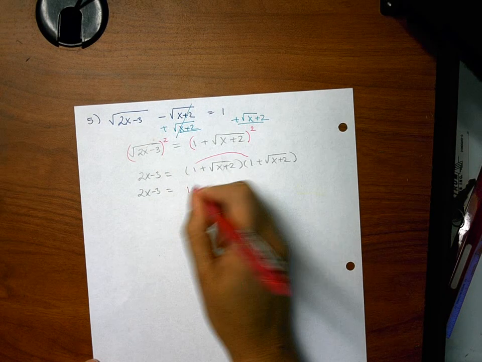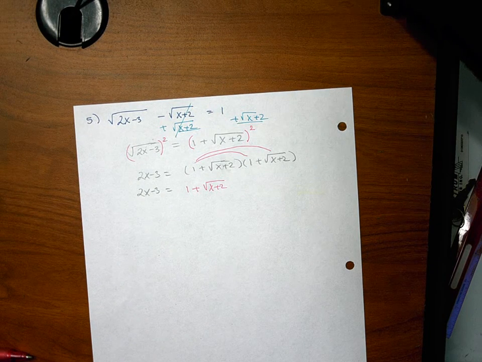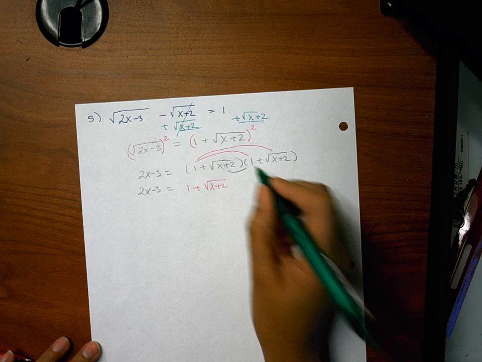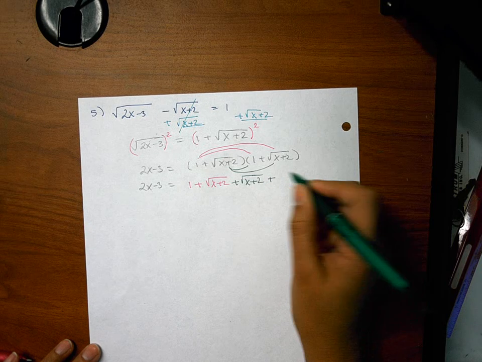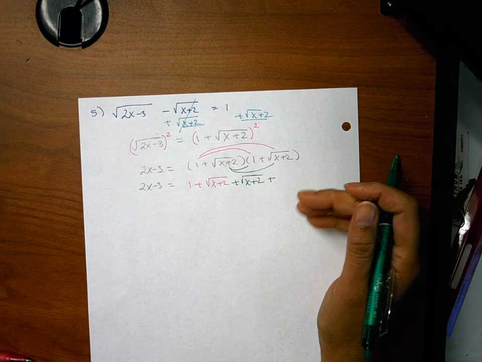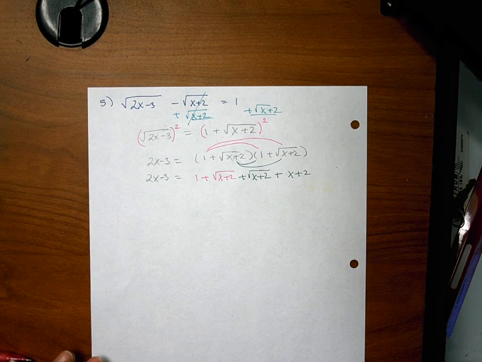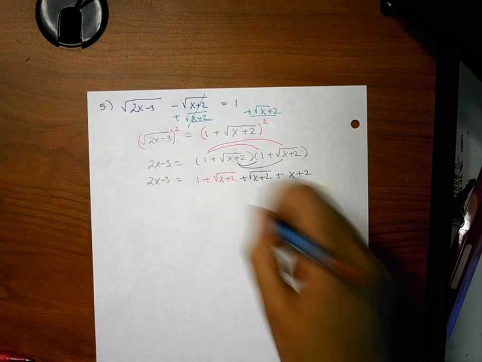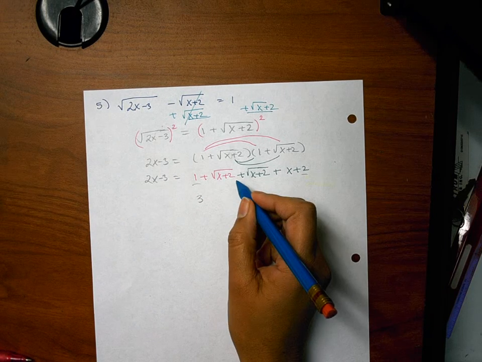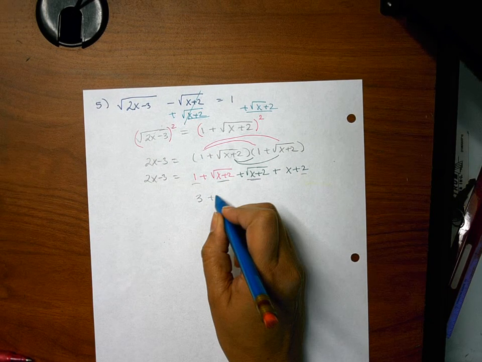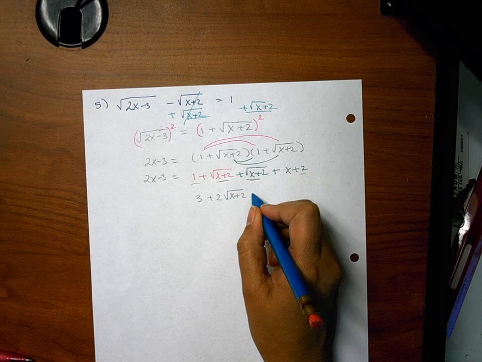1 times 1 is 1. 1 times that long square root is square root of x plus 2. And then now let's distribute the square root of x plus 2 times 1 is plus the square root of x plus 2. And the square root of x plus 2 times the square root of x plus 2, they undo the radicals because they're exactly the same base. So plus x plus 2. All right. I have like terms on this side. Let's see, I have a 1 and a 2. That gives me a 3. These guys right here are going to combine to 2 square root x plus 2. The radicals don't undo each other here because I'm adding, not multiplying. Plus x